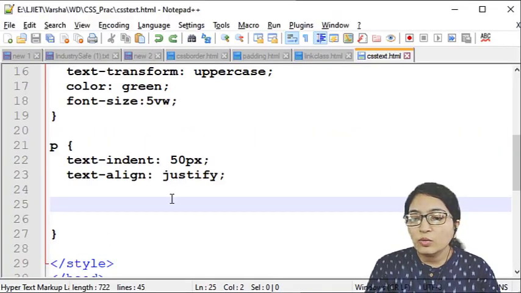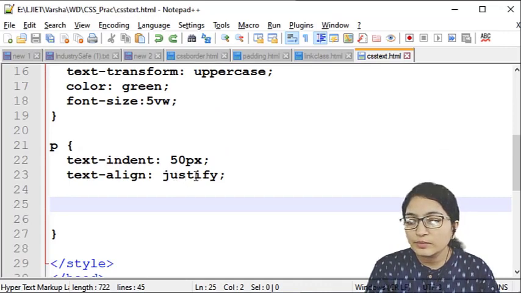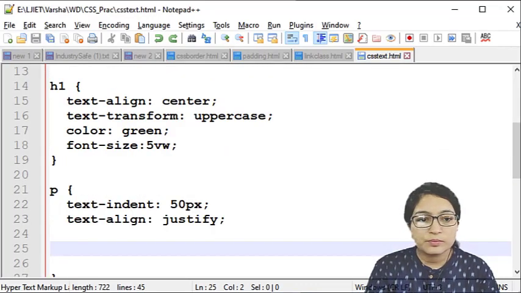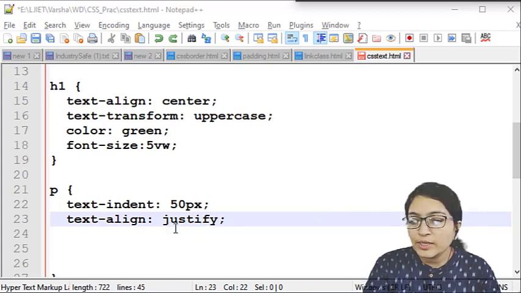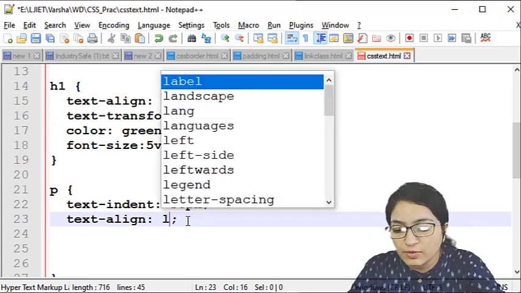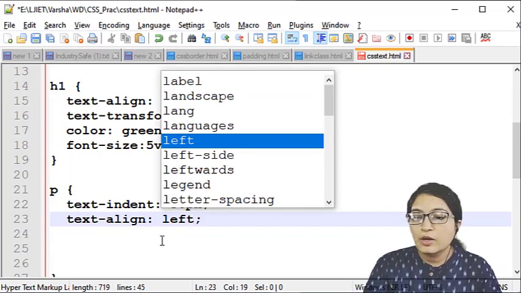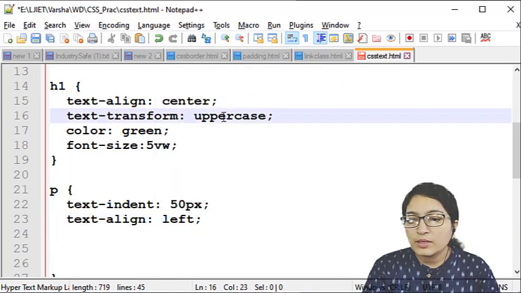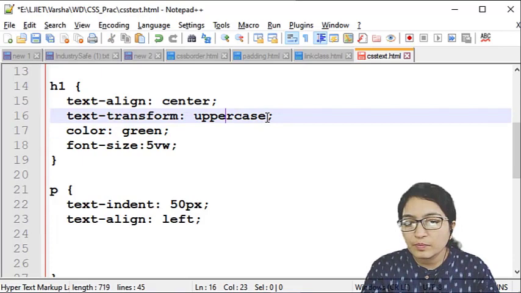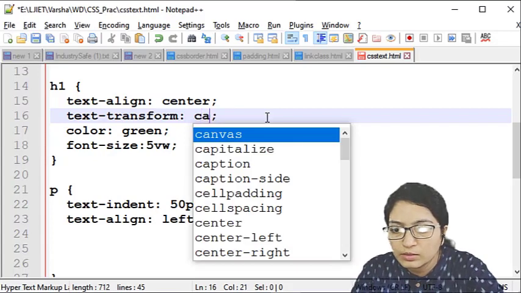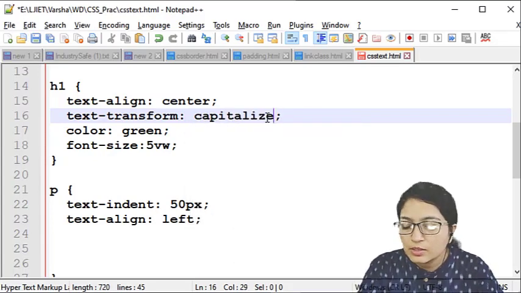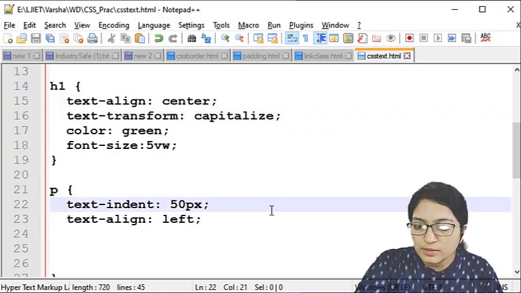Okay, now just change over here. Suppose I am doing here, in place of justify, I am writing left. Okay, and in place of uppercase, I am changing it to capitalize. So let's see the output of this.